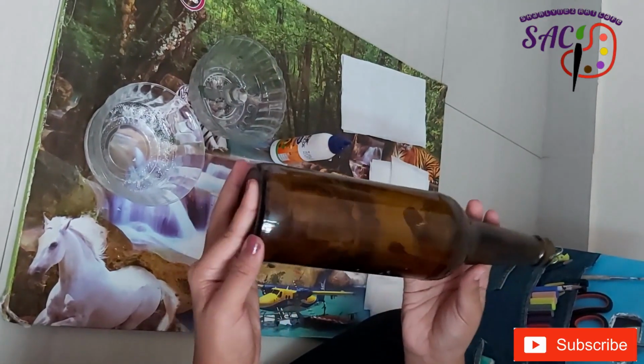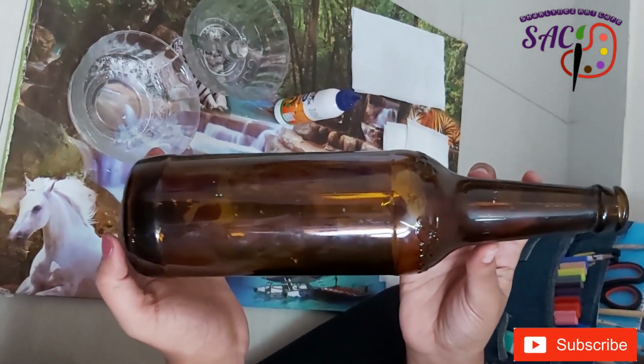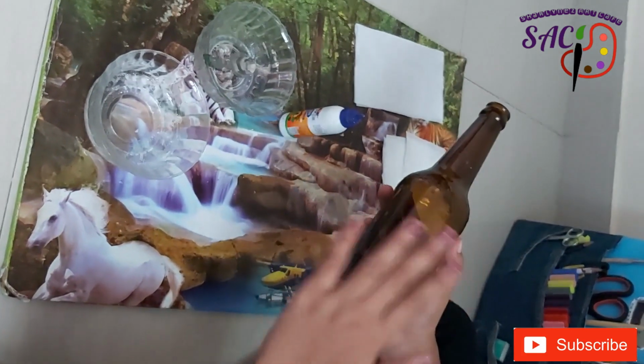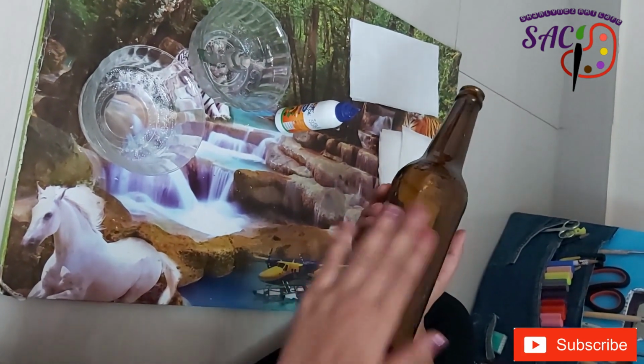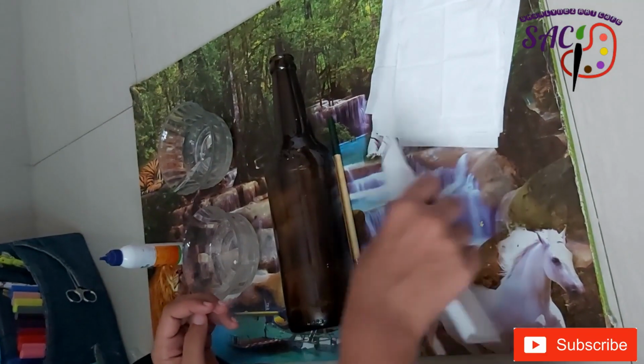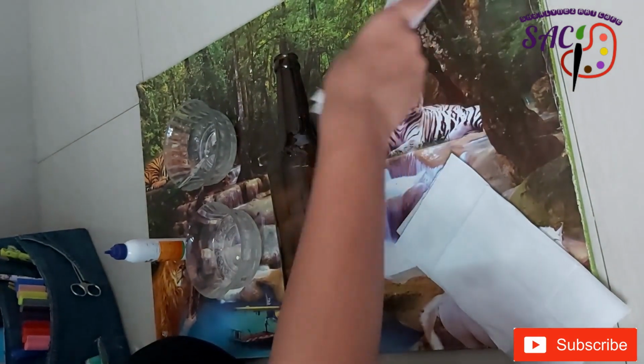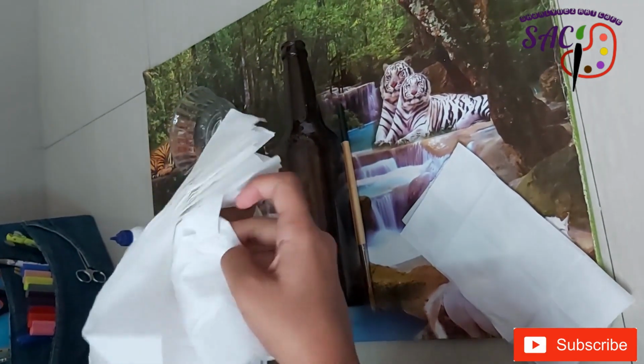Here I am taking an empty beer bottle that I have already cleaned and kept. The first step is that we need to paste tissue paper evenly on the entire bottle. For pasting it, I am using Fevicol. Now I will take a tissue paper and cut it into 2 equal parts. I have already cut a bunch of tissue paper so that it will be easy for me to take and